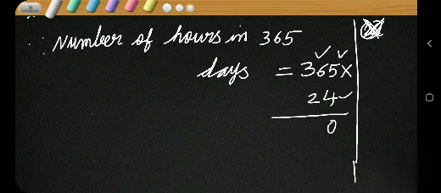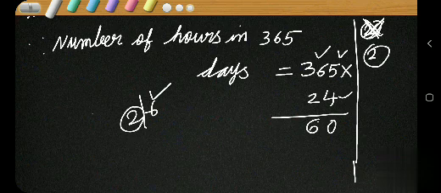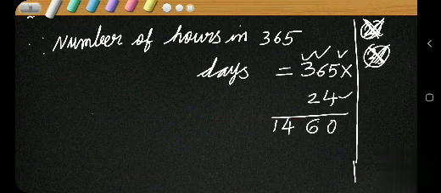24 plus 2, 24 after 25, 26. Can we write 26 as such? No. One more number is there to be multiplied. 3, isn't it? So 26, 6 here, and balance 2 again in the working column. Now let's multiply 4 into 3. 3 4s are 12, isn't it? 12 plus 2, 14. Can we write 14? Yes, before 3, no number is here. So we can write 14, isn't it?